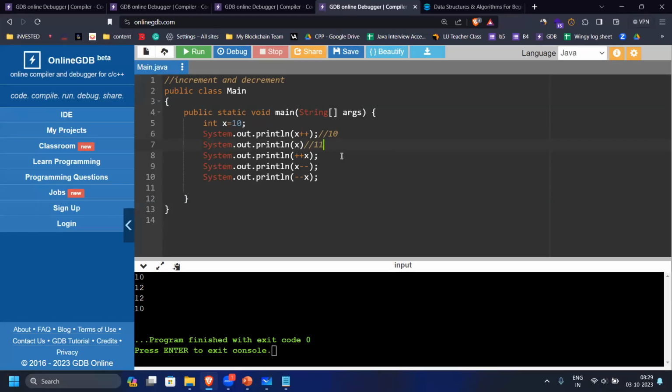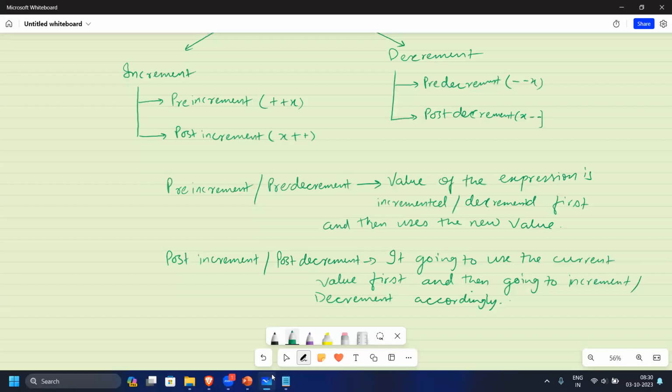Now, new value of x is what? 11. And what we are encountering is what? Pre-increment. And pre-increment definition, what we saw is that it's going to use the, sorry,